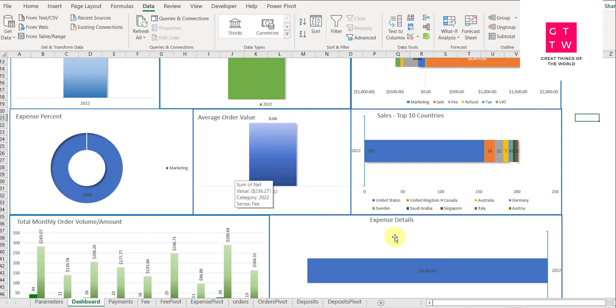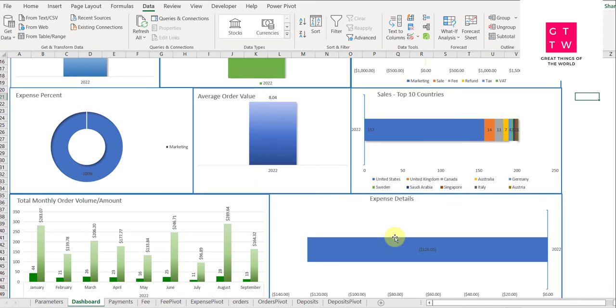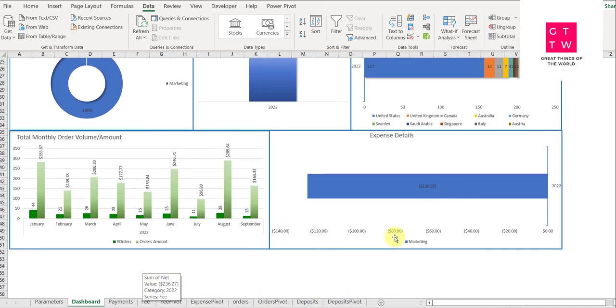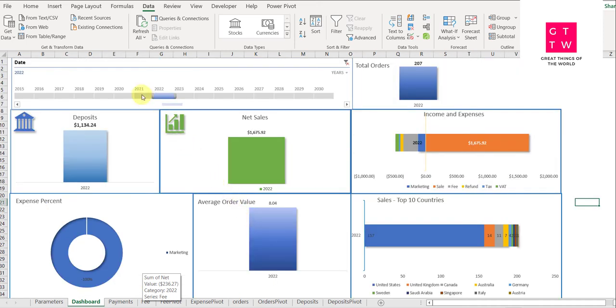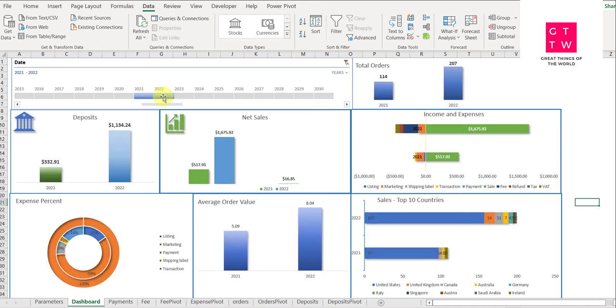And you can also see the average order value for 2022. And I think this report needs to be changed, but you can see the total monthly order volume, and I think these two reports need to change. But if you select both the time frame 2021 and 2022, it will give you the data for both the